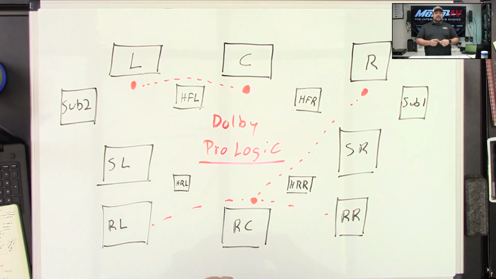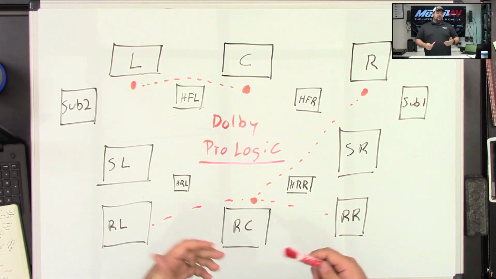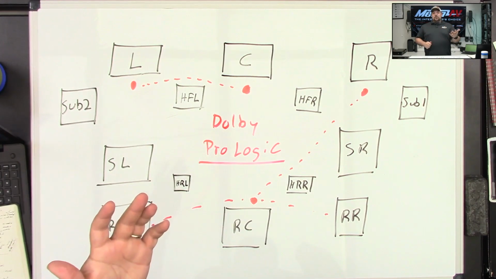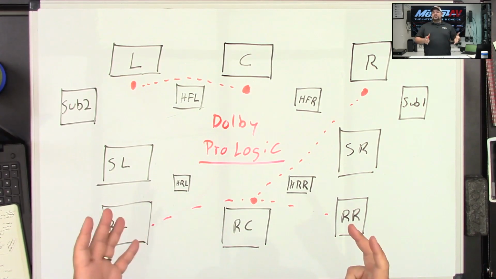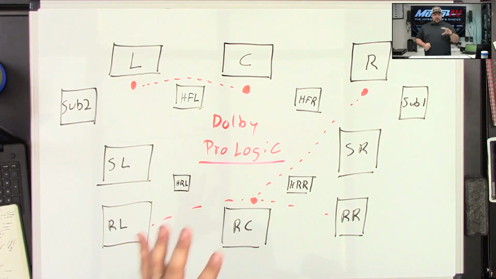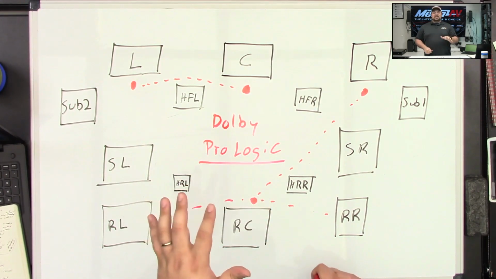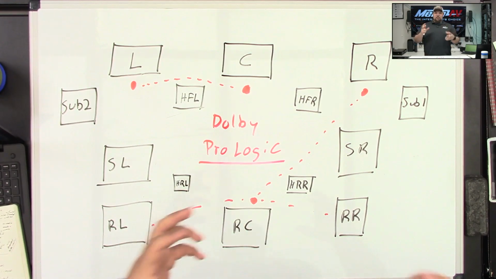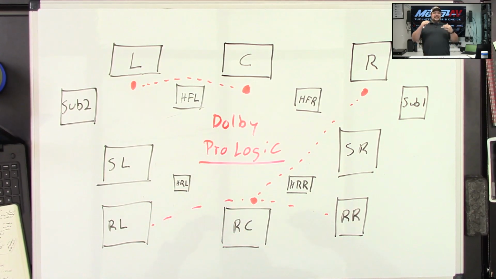And for my ears anyways, and Brent would make fun of me for this, it makes me think of VCR and VHS, because the video portion of that was a really compressed version of the video. And so this reminds me of that. When you listen to the old Dolby Pro Logic systems, a lot of times you would hear really compressed audio. You would be missing the highs and lows out of it. I'm not going to make a joke about a certain manufacturer because that fits too well. But that's Dolby Pro Logic.